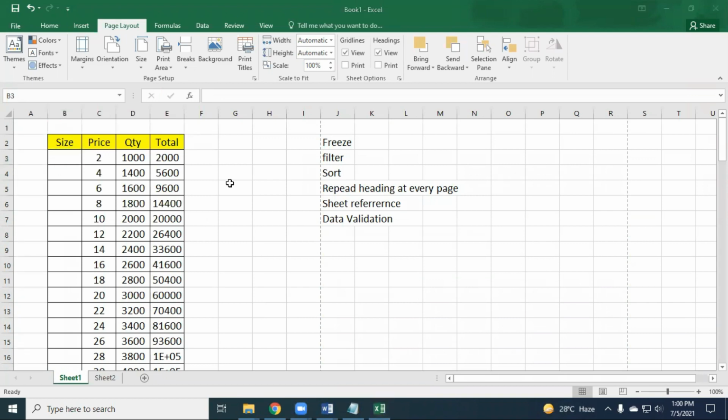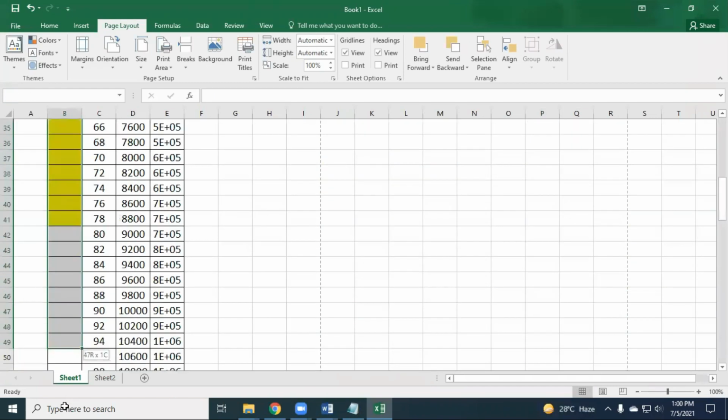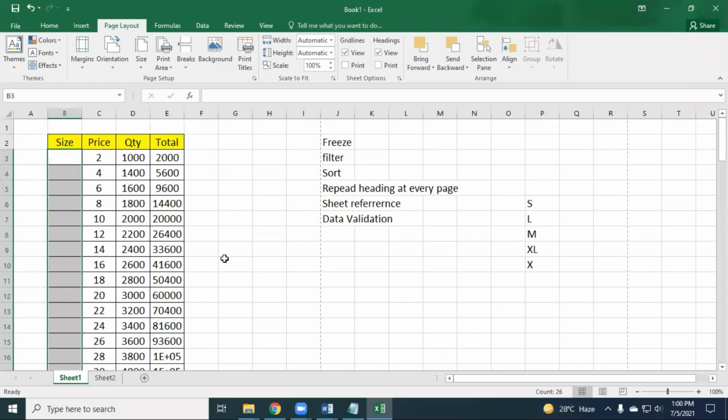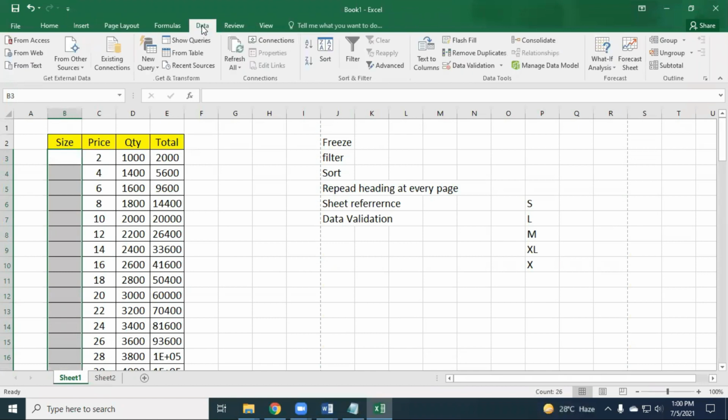Okay, so what you can do, I am writing the sizes: S, L, M, XL, all sizes are here. Select all the records, then come to Data, then Data Validation.